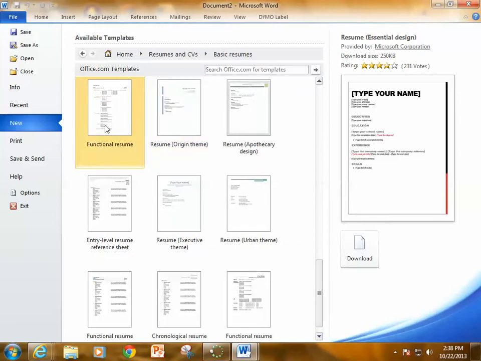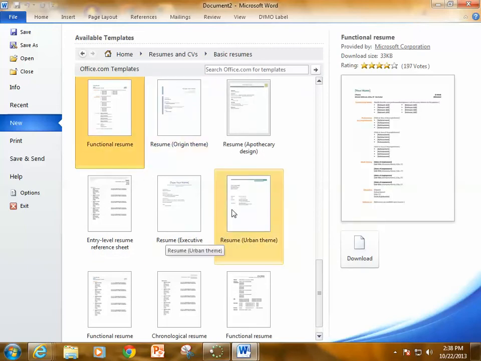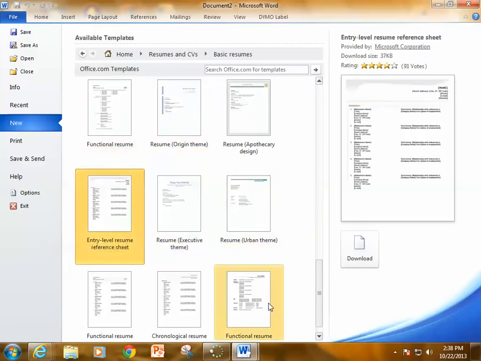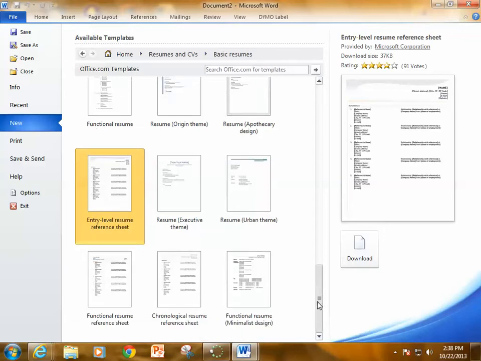We also have another functional resume. And here's another entry-level resume, but notice it's different. It's not necessarily a resume, it's a reference sheet. This document is a wonderful thing to add to the back of a resume because if you don't list out who your references are and this employer is interested in having you back again, then you don't have to say,